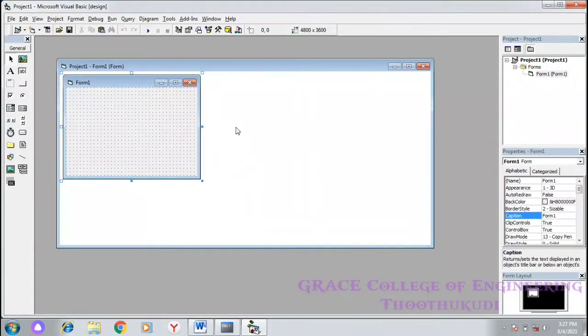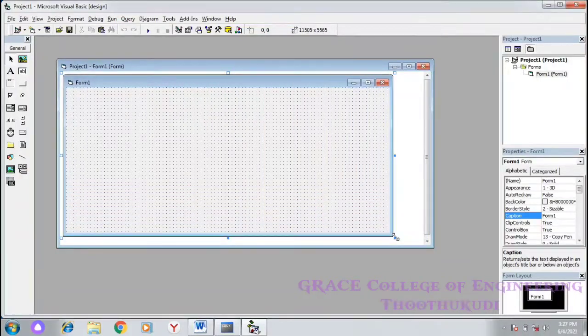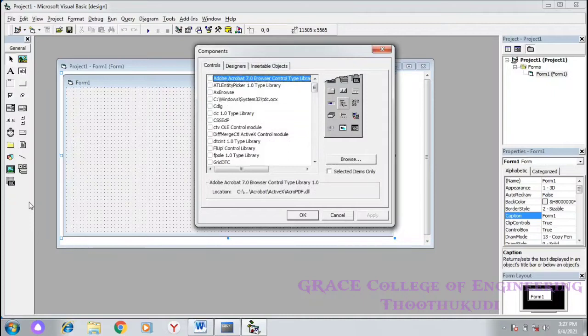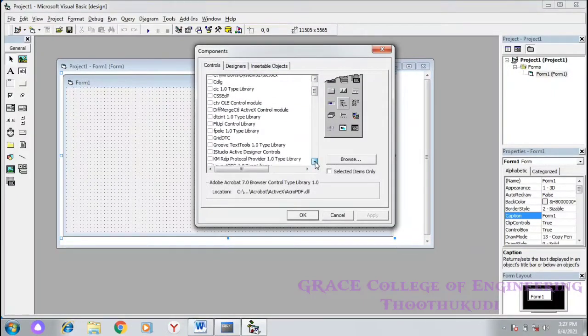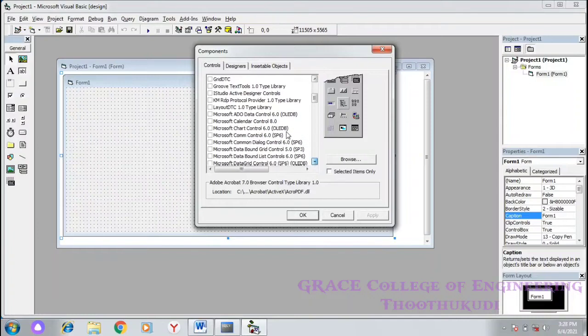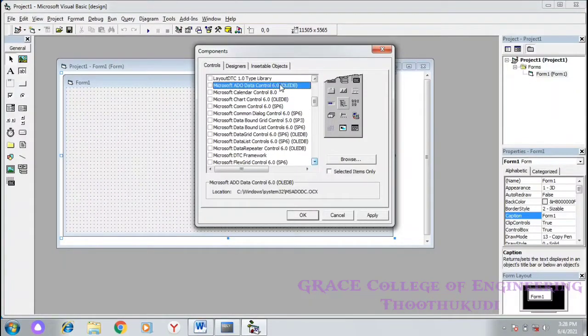Then you add some components into the control panel. For that, right click in the component window, then Components. Here you select the OLE ADO DC control, also the Microsoft ADO DC control, and also the Microsoft Data Grid control.